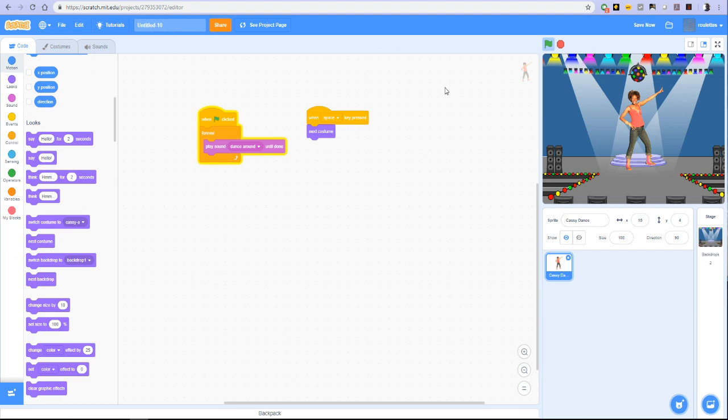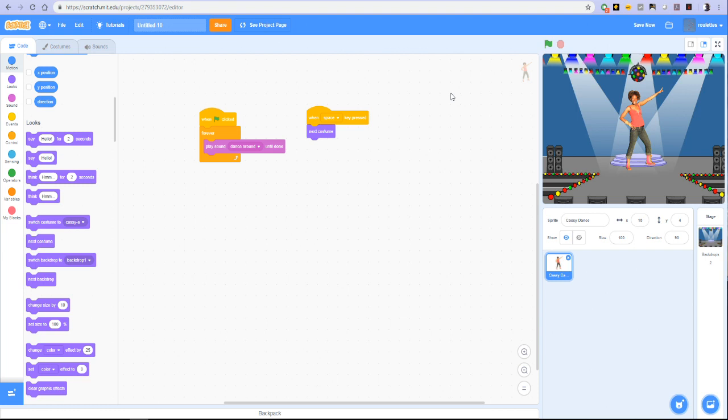Here we go. I'll press the spacebar. So there we go. We've created a simple program where we've got Cassie to dance, to some music, lovely music,